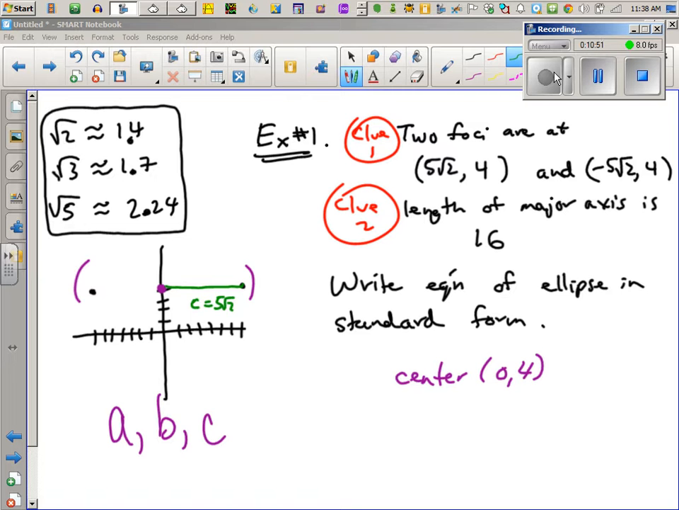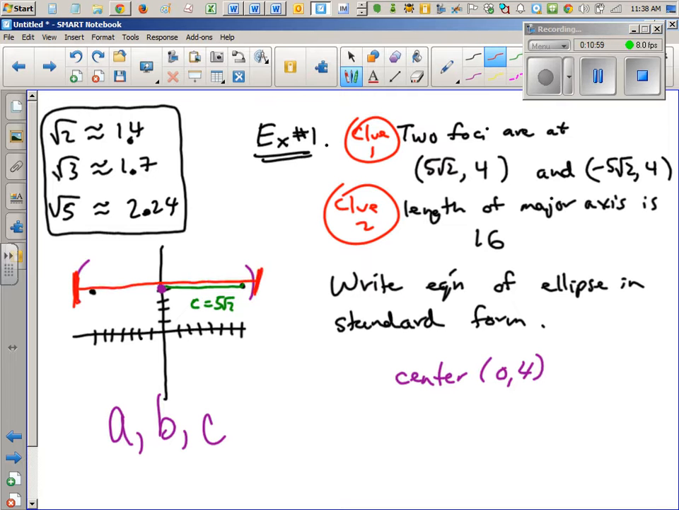Okay, if I had to give you another hint, it would be that whenever the major axis is 16 units long, they're telling you the entire length here is 16 all the way across. So the implication is that halfway would be 8, right? So they're actually giving you A. A is 8. You see? So armed with the fact that A is 8 and that C is 5 root 2,